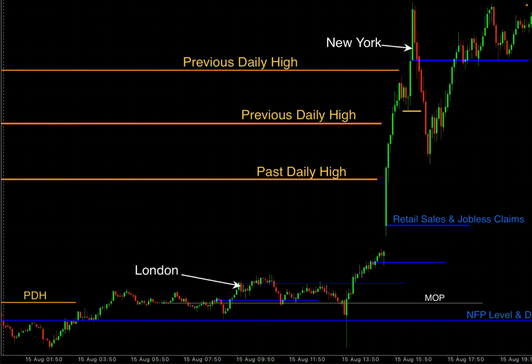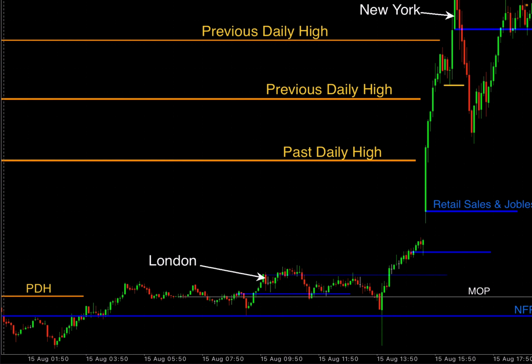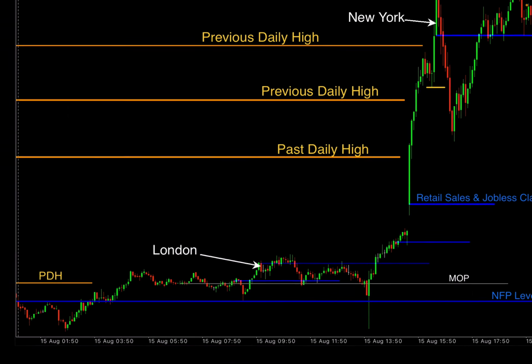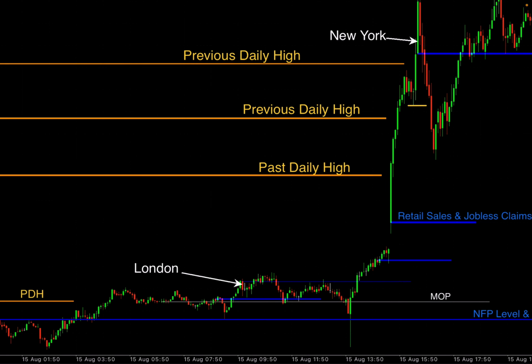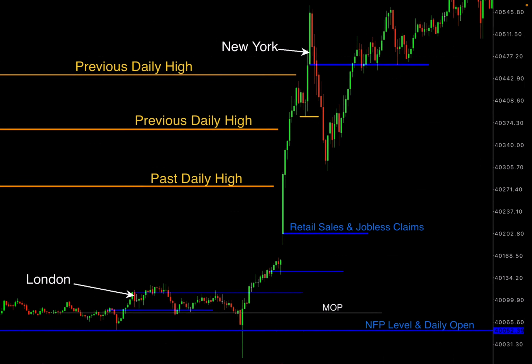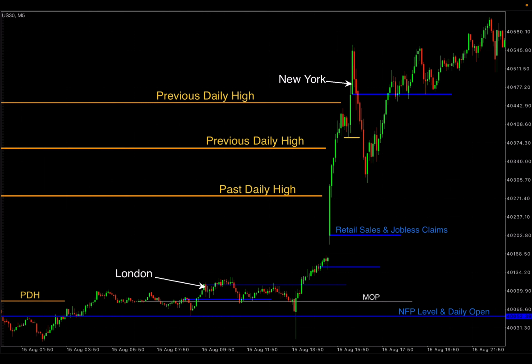Then price goes down, takes that low from here, stays within this price action over here, and you can see they've got that exchange. Once you start to see that bullish movement from the daily opening level and the non-farm payroll level, that's showing you London traders are now continuing to buy. And then you have the news release, which is an instant push up. Important thing here: if you get an instant push up with the news like that, it leaves a big gap, naturally you'll be looking to get into a sell.